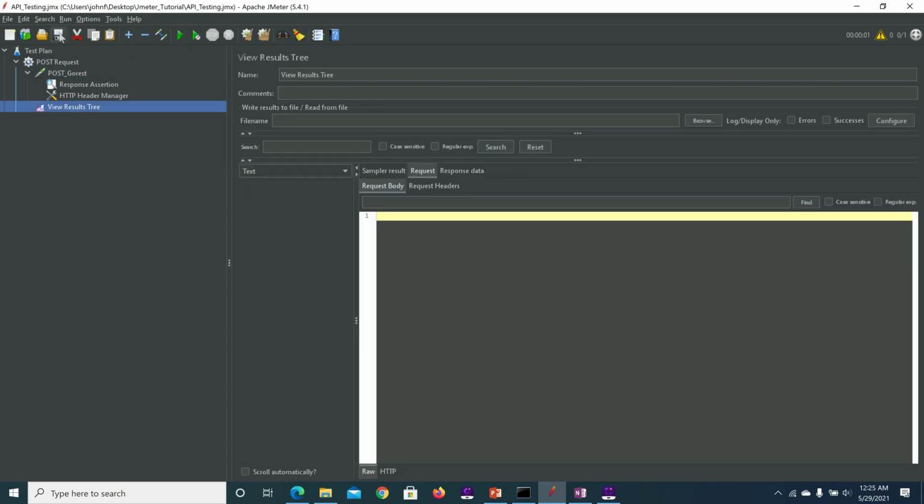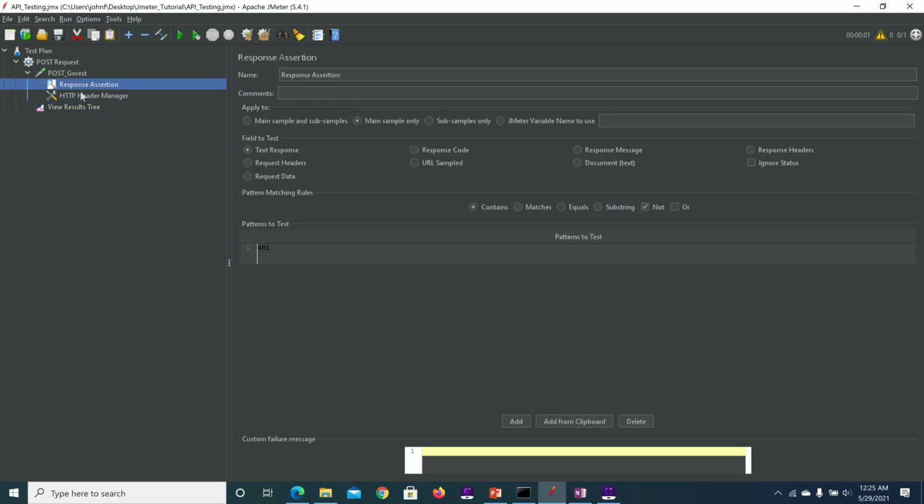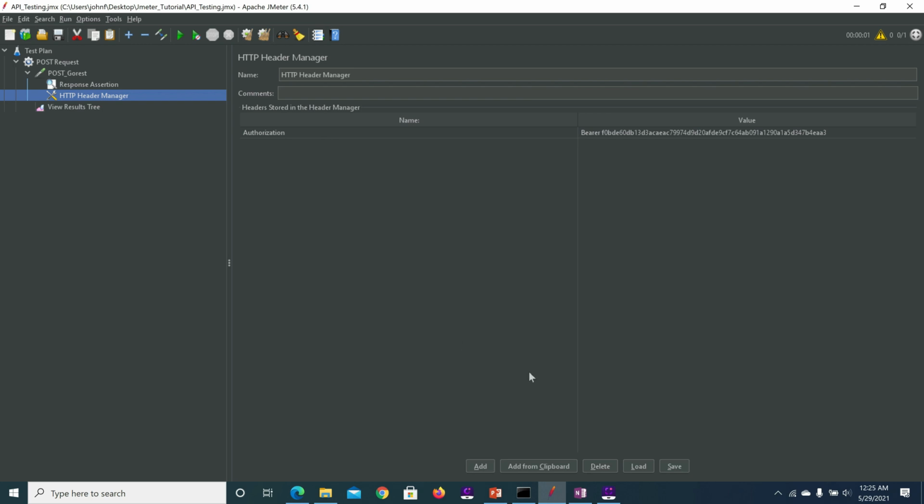Saving the test plan, executing the test plan. It is executed. Let's see what the response is. The response we have received is 422. Field email, it is not taking the content, can't be blank. Okay, fine, got it. Here in the header we have to mention the type, content type.